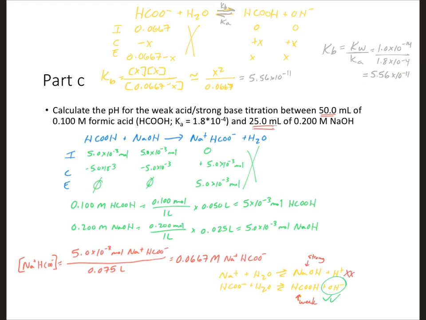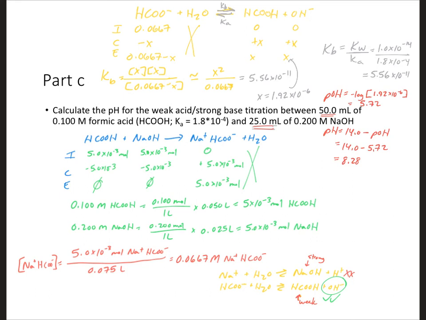We can go ahead and solve for x. That calculation gives us 1.92 times 10 to the minus 6. So that is going to go up into our ice table for our OH minus concentration. If we have an OH minus concentration, we can get a pOH. So we do that calculation and get a pOH of 5.72. And if we have a pOH, we can get a pH by subtracting the pOH from 14. So finally, we get a pH, and that pH is going to be